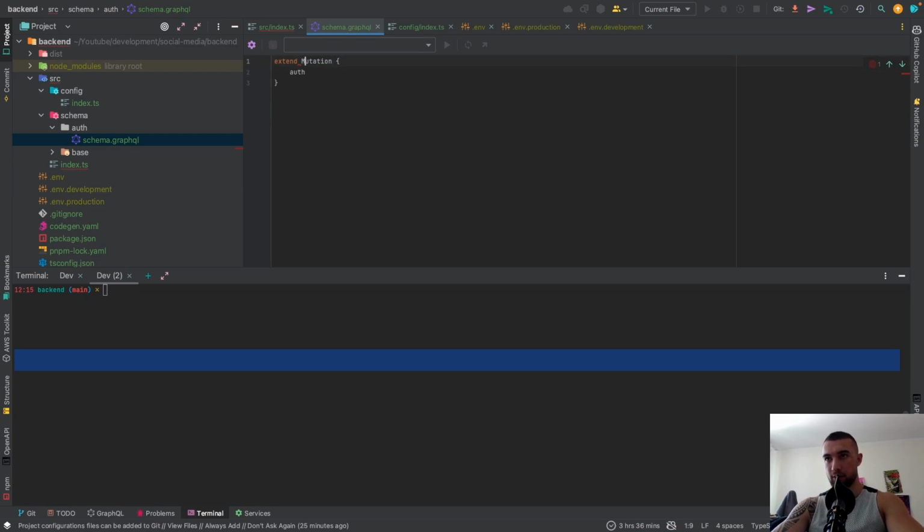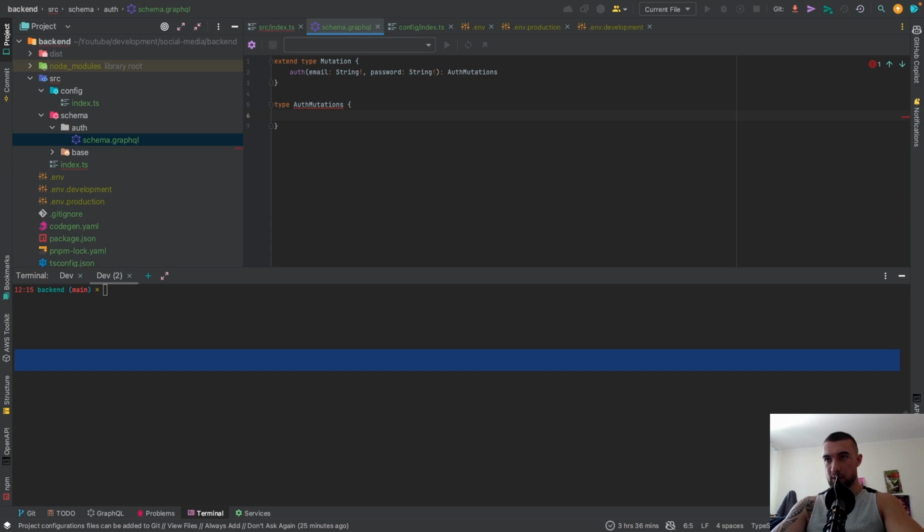We're going to have auth, oh I forgot to type, we will have auth email string, it's a required property, also a required property, and it is going to return auth